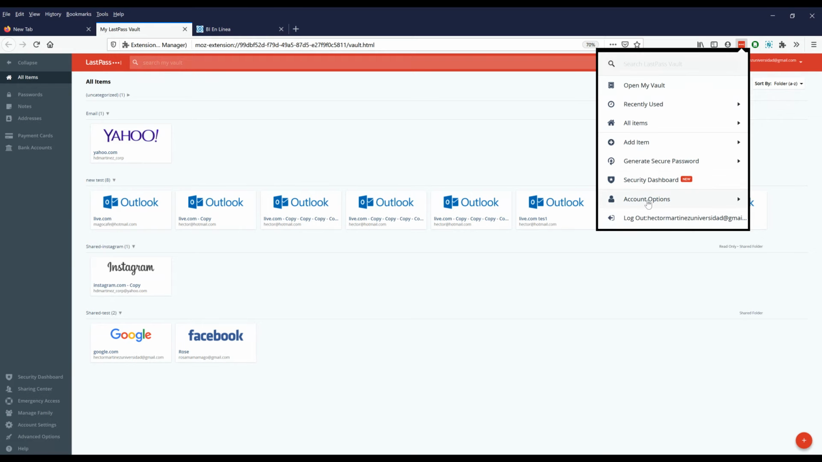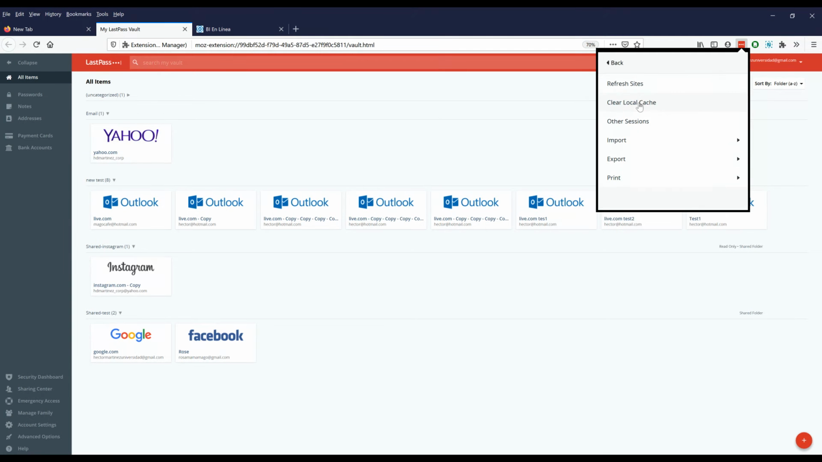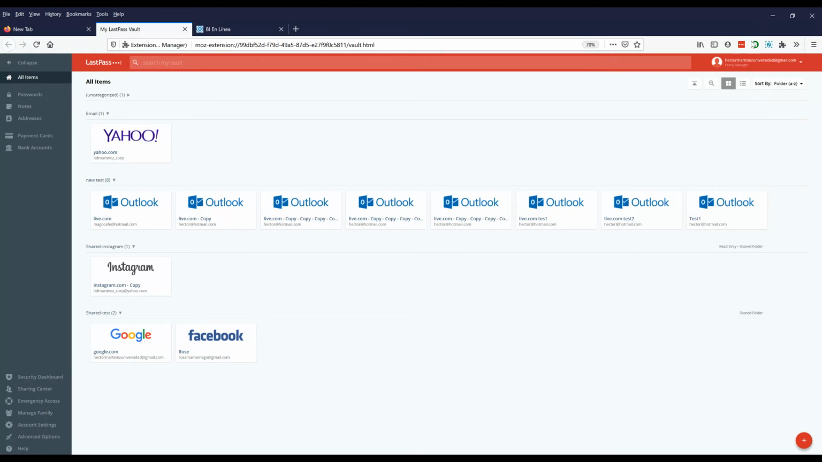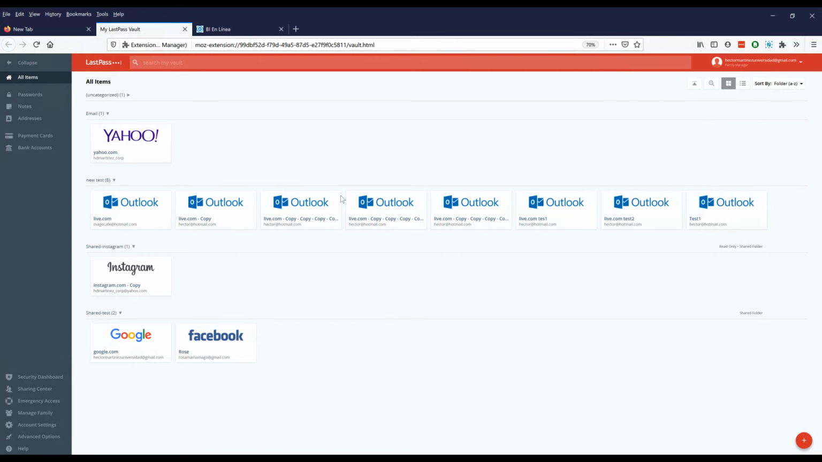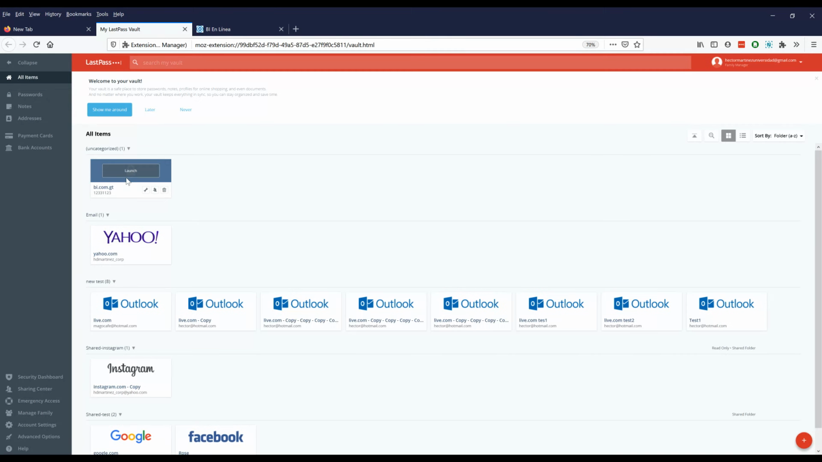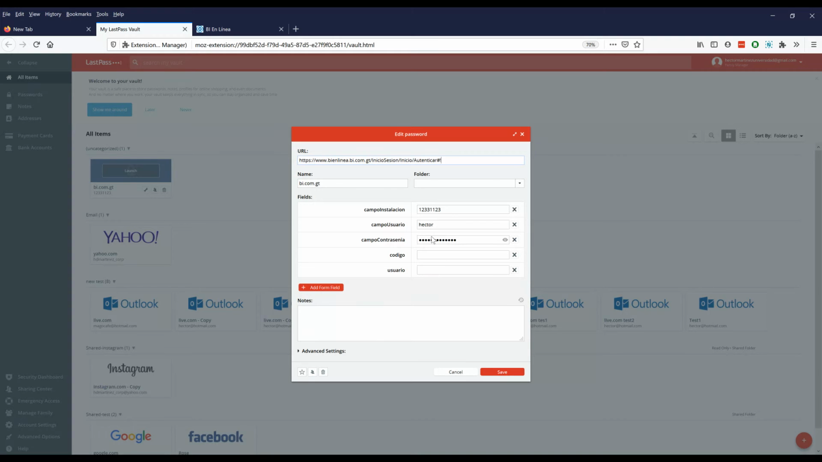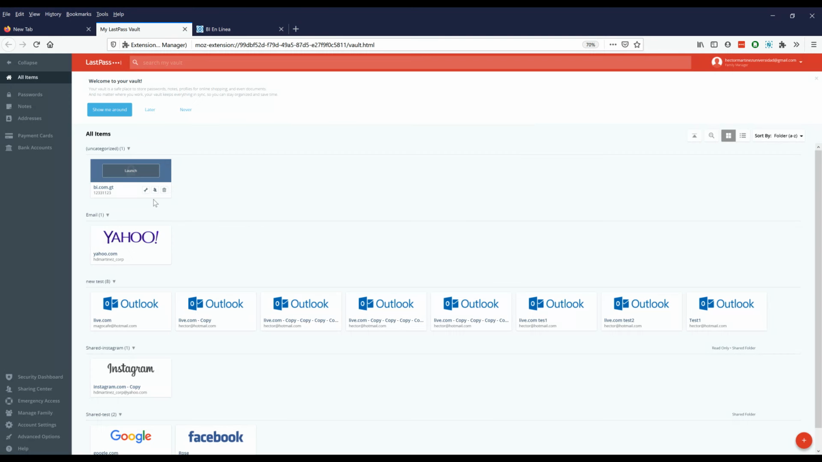So I go to account options. Sometimes you don't see account options, maybe you see more options or the email with a drop down icon here. Then click on advanced, and in advanced we're going to click on clear local cache. I'm going to refresh sites as well, and I'm just going to refresh this site as well. So if you see, I have my bank's website right here. What you need to do first is go ahead and copy your information right here. Afterwards, you just delete